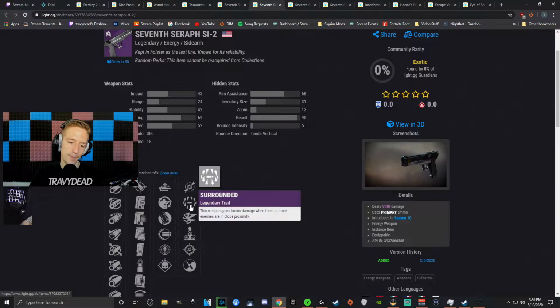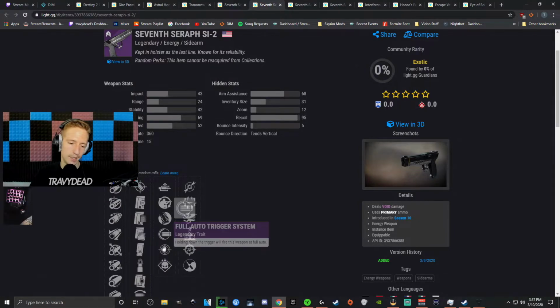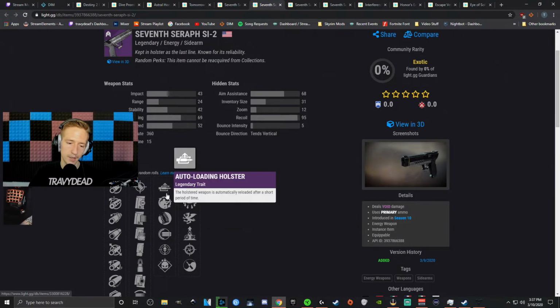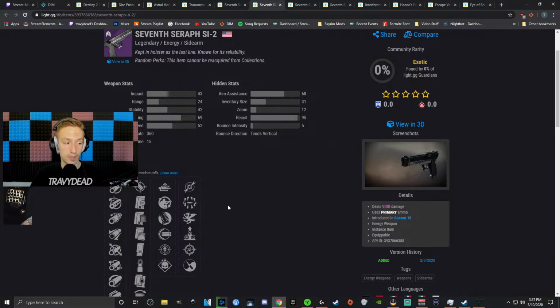then Surrounded or Dragonfly would be cool. And I like Demolitionist, Threat Detector is fine. Field Prep and auto loading, they're fine. At least on PC, I enjoy Field Prep a lot because I just have hold to crouch on, so I can literally crouch for basically a millisecond and hit reload, and it's a super fast reload,